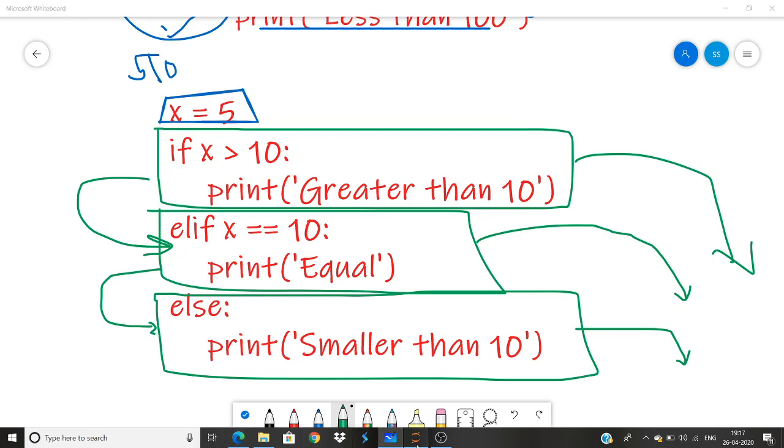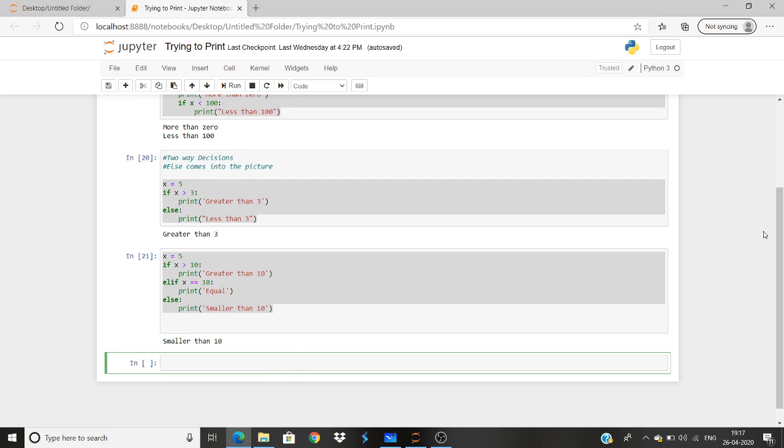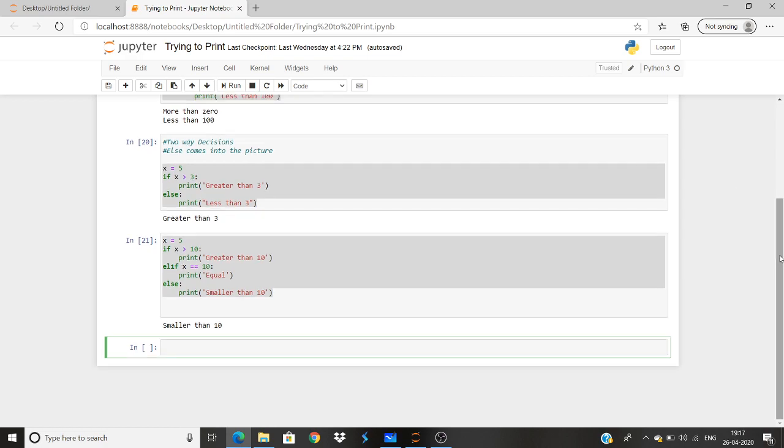Before we actually move into try and catch, let's do one thing. Let's write a program where, whatever knowledge we have till now, we'll be using all of them. So what we will do is, let's just write a program where we enter the marks of a student and we'll check what grade that person is getting.